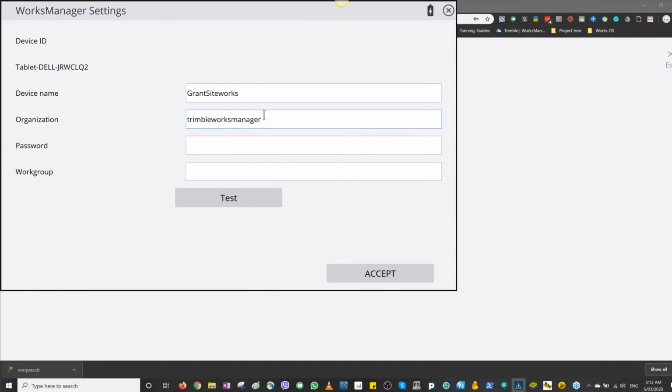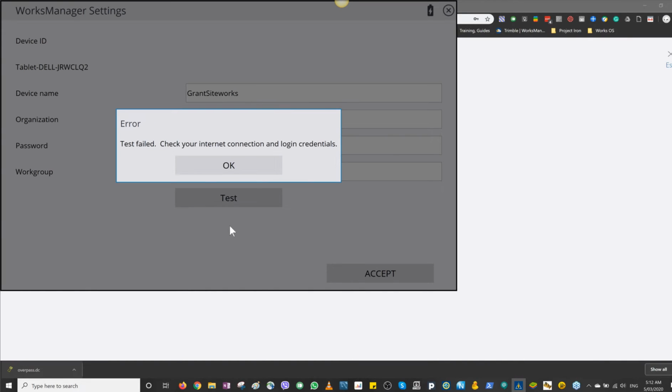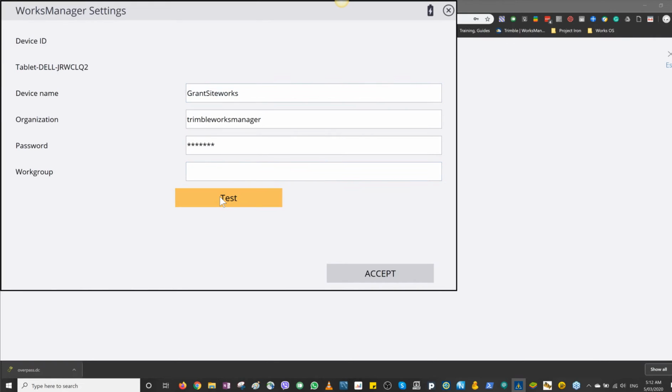So this is the equivalent of your TCC org short name that you currently might have in TCC. And we'll enter a password here. Now it's important that the password that we enter here and the device name are the same that we use when we go back to WorksManager. So enter a password. And if I click test here, it's going to try and reach out to WorksManager, and due to a little bug that is in the system at the moment, the first time you do that, that'll fail. So if we click OK and click test again,